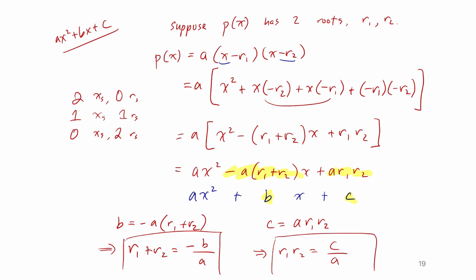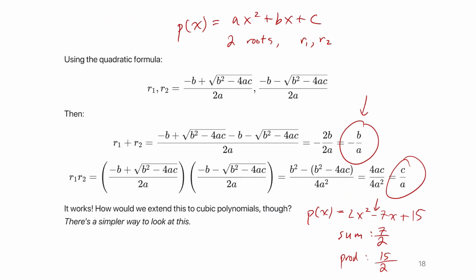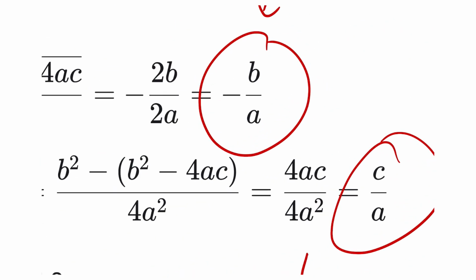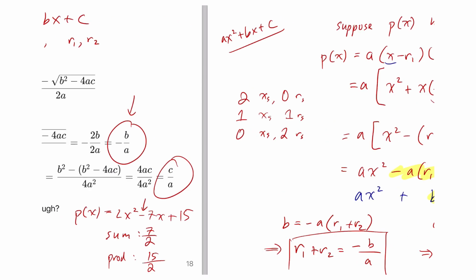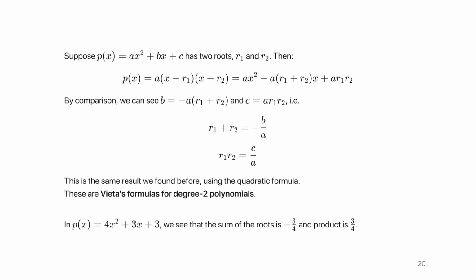Okay? And so this is nothing new because this is exactly what we just determined over here. But we approached it a different way, and the way we approached it will allow us to extend this to polynomials of degree 3, 4, or an arbitrary degree. Is that okay? So, this just repeats that. Now,